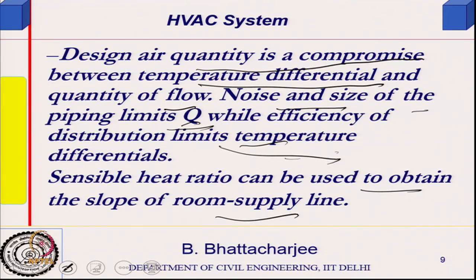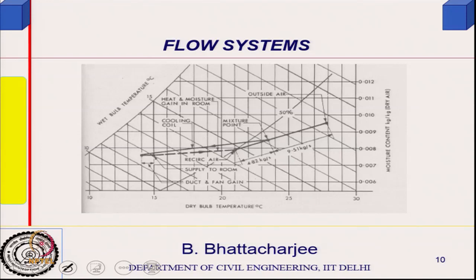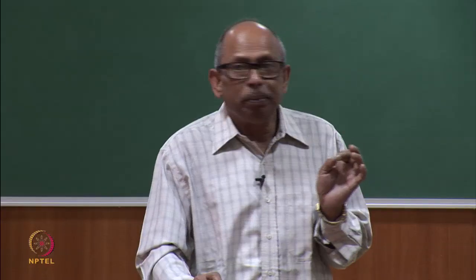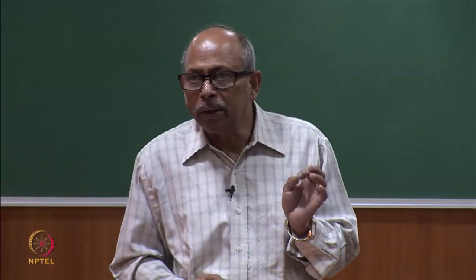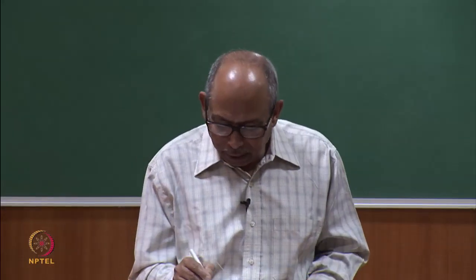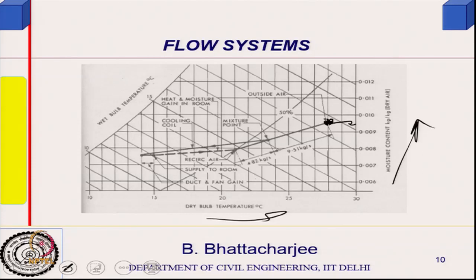Okay, so let's see now how it looks in a psychrometric chart again. It's something like this. Let us say this is the outside air temperature. This point in a psychrometric chart, this axis is absolute humidity, moisture content, and this is the dry bulb temperature. Therefore, outside air I can represent in a psychrometric chart. So this is the moisture content of the outside air, this is the temperature, this is the outside air, right?